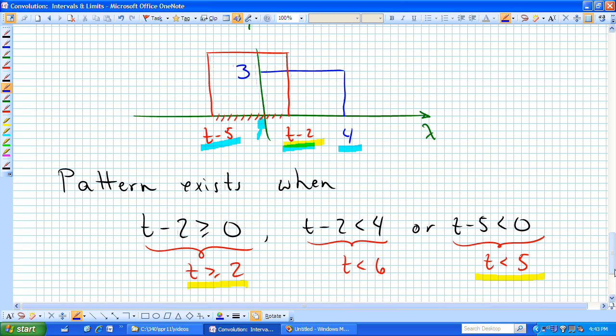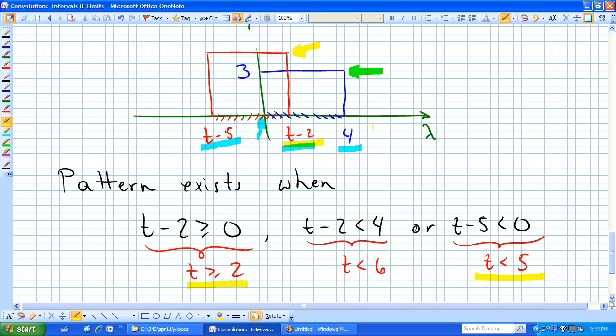Now, what we want to do is figure out what's going to happen with the value or expression for y of t. We know what h of t equals, and we know what x of t minus lambda equals. What we need to do is put those inside the integrand of our integral, and our limits of integration are going to be where these intervals of support, which I've crosshatched in red and blue,